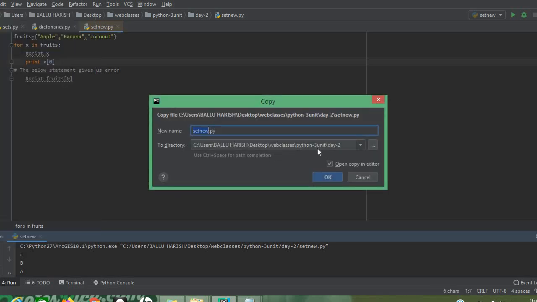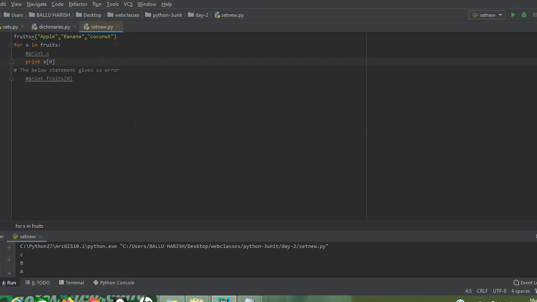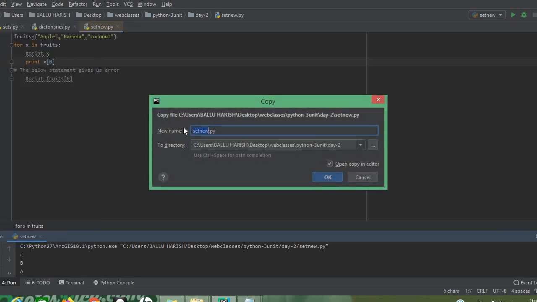I will send all these programs. Already it is available, set new.